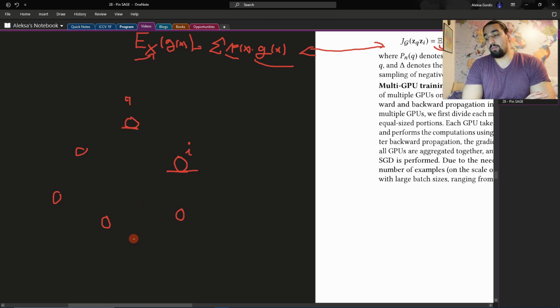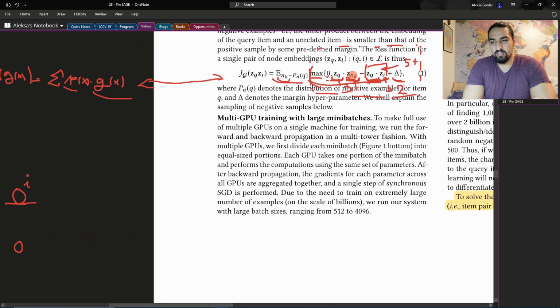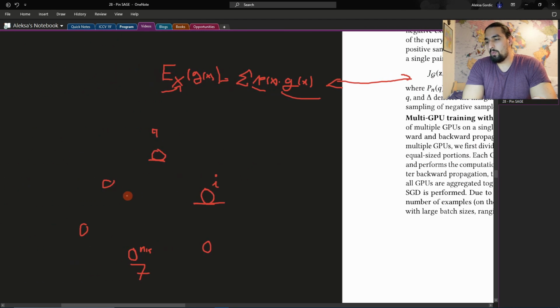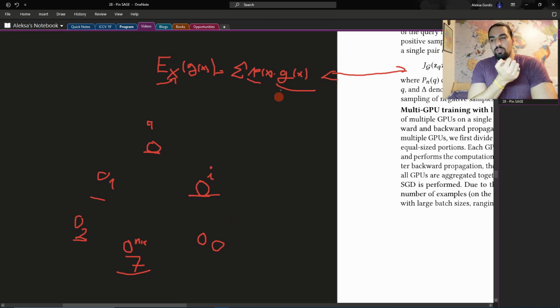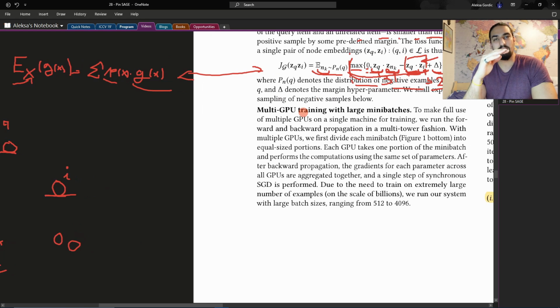So what we do is the following. Let's say that during the training we maybe take this node 7 times as a negative sample, as the nk. Remember the notation, we had znk. So 7 times. Maybe we take this one 1 time, maybe we take this one 0 times, and this one 2 times. Because this one was sampled most often, 7 times compared to 2 and 1, it's really important to minimize its associated value, so g of x, to be as close to 0 as